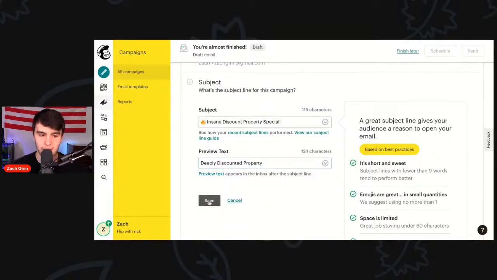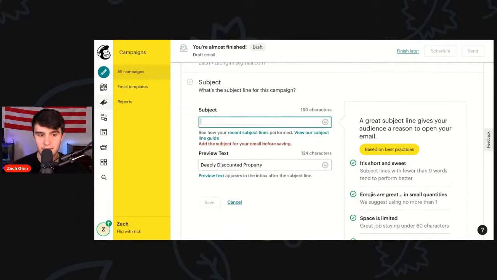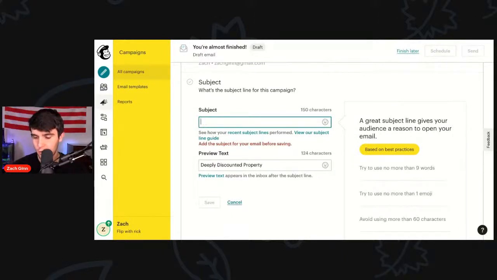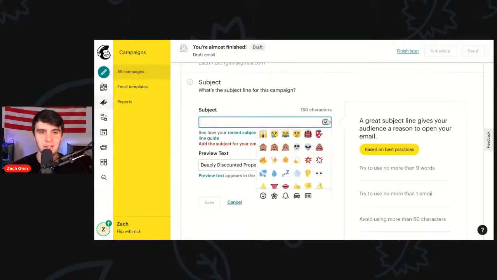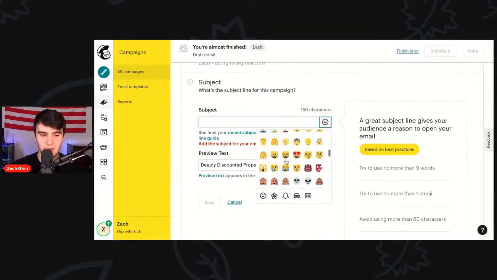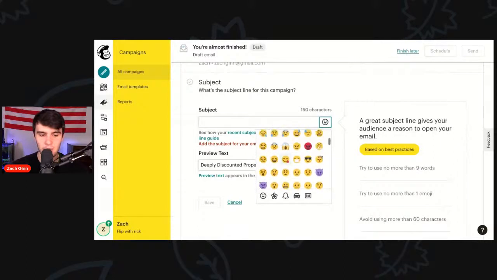It'll be something like that, and that will be my line on that one. The second one I want you guys to test is something like this. I like to do it because I'm partners with Rick. So I'll send something like this. It'll be like a shocked emoji. This one gets a lot too.